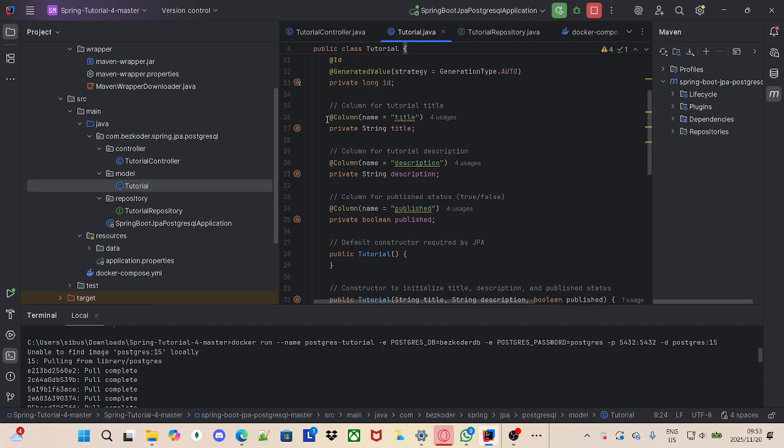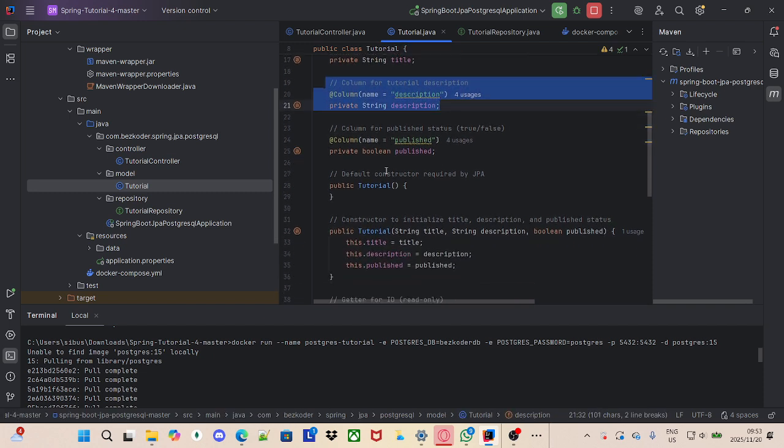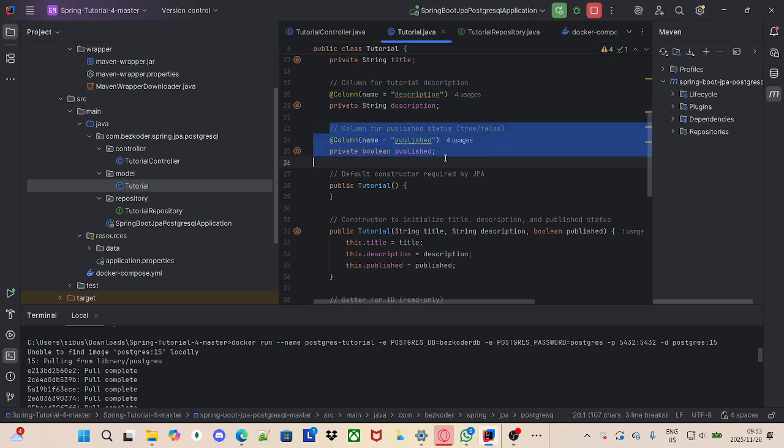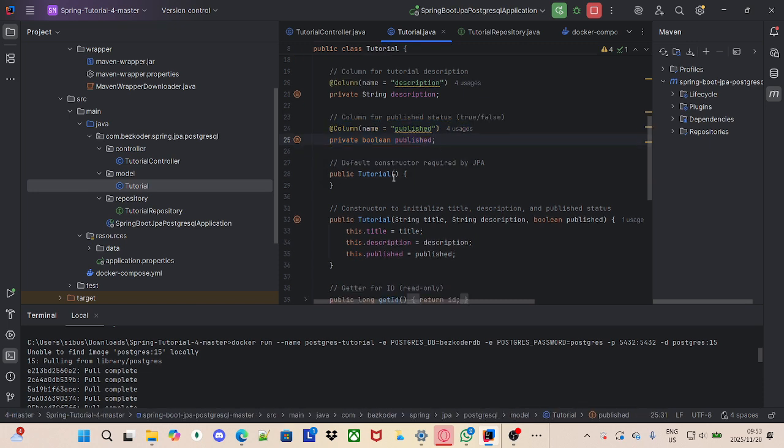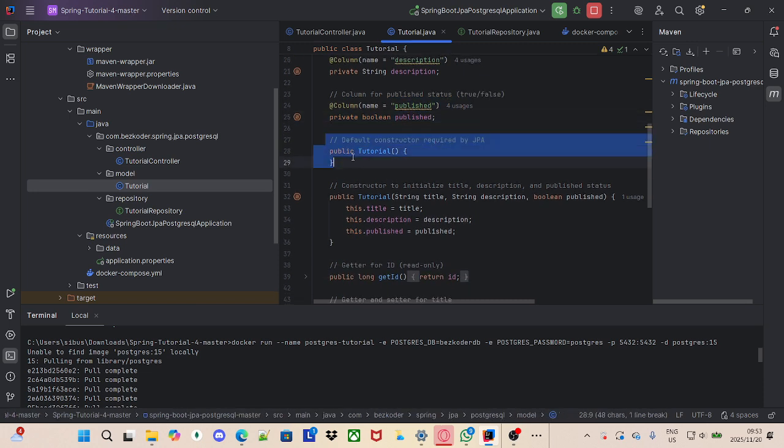And as we go on, we have our @Column. Our @Column is specifically for our column title, and we have our column for the tutorial description, and we have our column for the published status, whether true or false, it doesn't matter. And then we have the default constructor required by JPA,